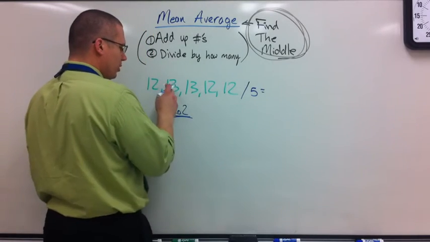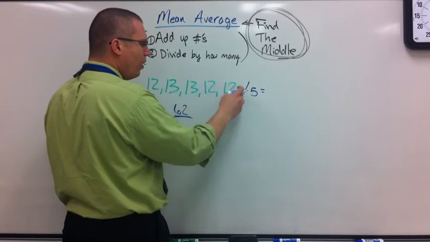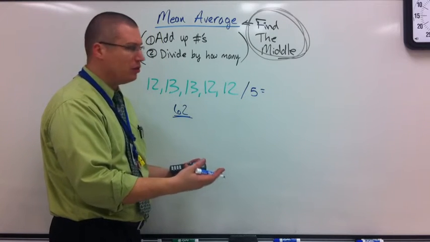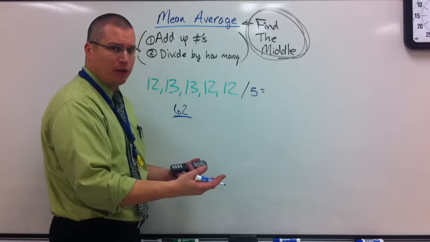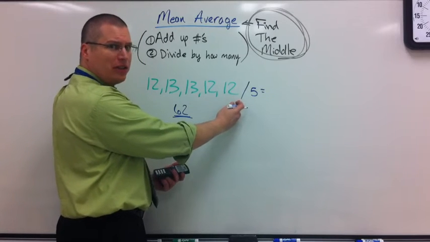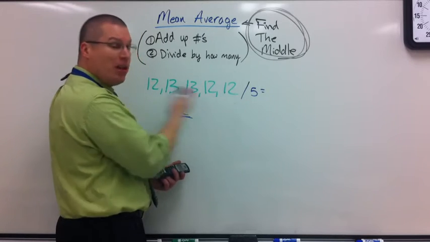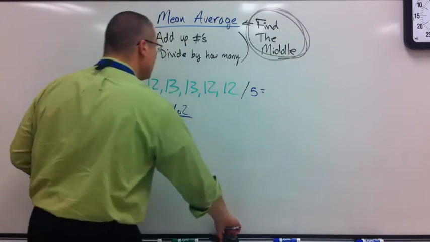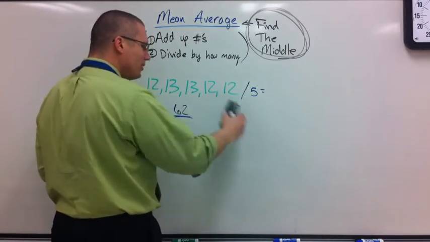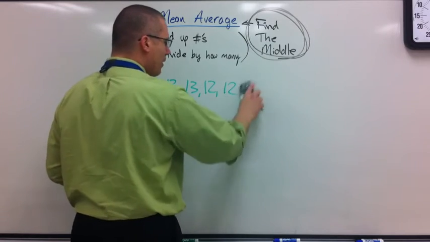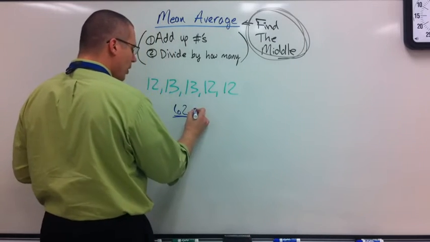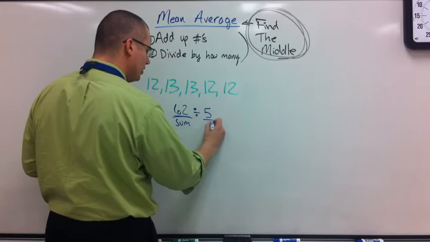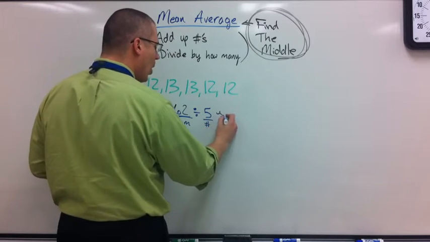Because when you do 12 plus 13 plus 13 plus 12 plus 12, divide by 5 on your calculator, it does order of operations. You know what calculation it's going to do first? It's going to do the division first. And then it will add. That's why it gets messed up when you type all of it in at once. Add these up, you must then hit equals and then divide by 5. So I have my sum, divide by 5, which is how many numbers I have.